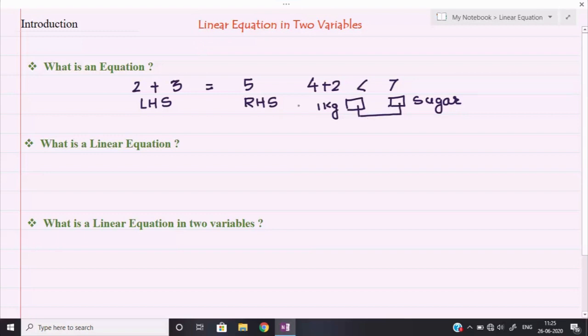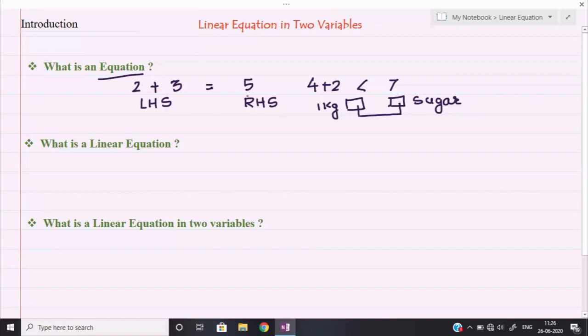Okay, so I hope the meaning of equation must be clear to you now. We are not talking about any physical quantities in the whole chapter further, until and unless some applications are given to us. So we shall talk about mathematical terms, and mathematical terms will come in the form of numbers, constants and variables. Okay, now remember one thing: here I have taken only numbers. It doesn't mean that mathematical terms will only come in the form of numbers. Okay, here we shall include some variables.